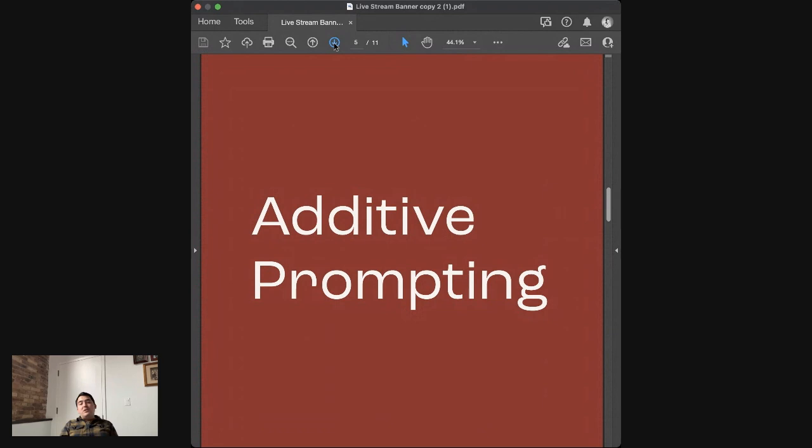So based on that, what are some ways that we can really improve the way that we generate work inside of Midjourney? Well, before we get into additive prompting, I'm going to jump into Midjourney, and I'm going to use this as an opportunity to take you through some of the things that we just talked about, which is creating images for brands. So let me just jump over there real quick.